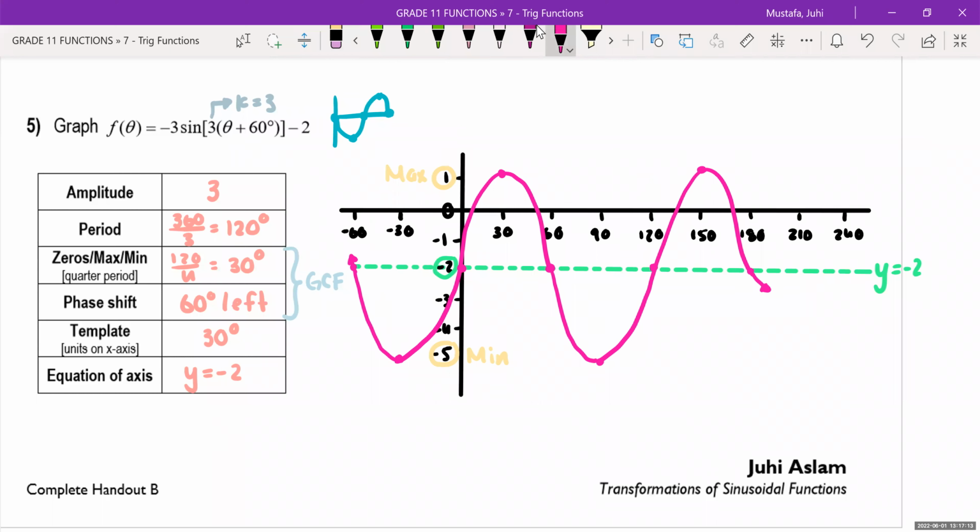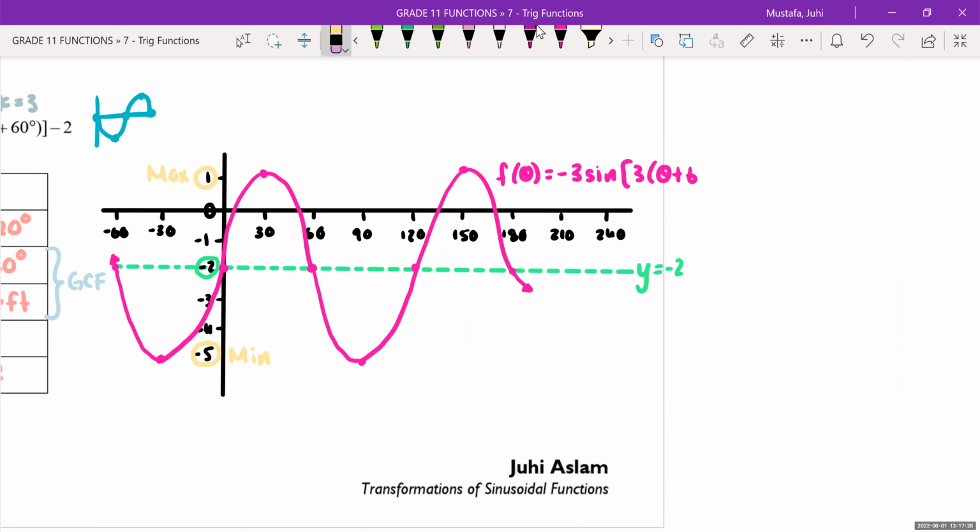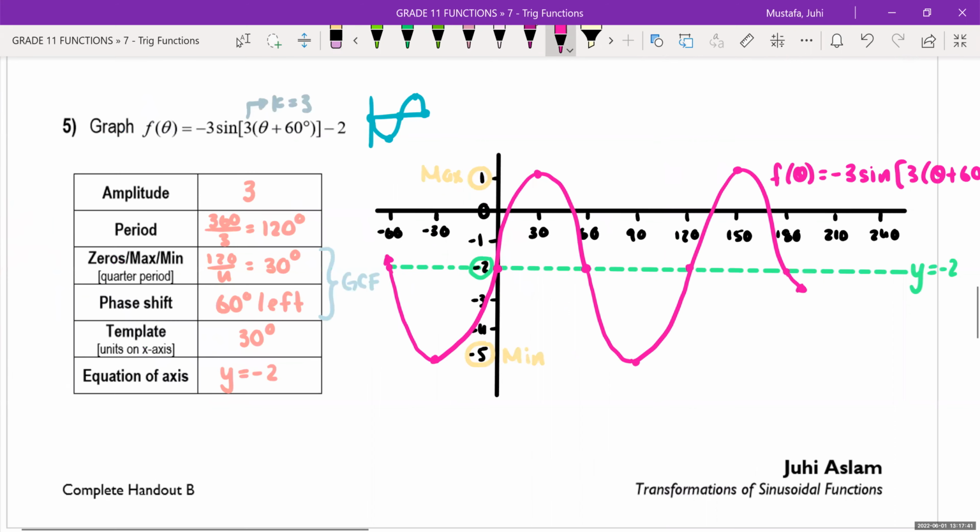You label your graph. f of theta is equal to negative 3 sine bracket 3 theta plus 60 degrees, minus 2. And that's our graph. Okay, I'm going to pause here and we'll continue the other